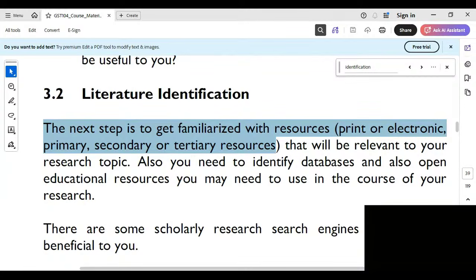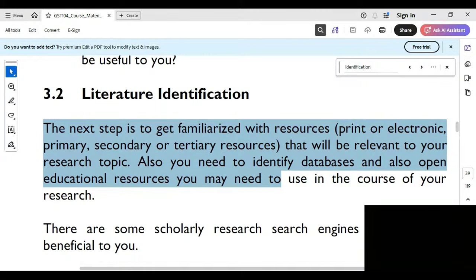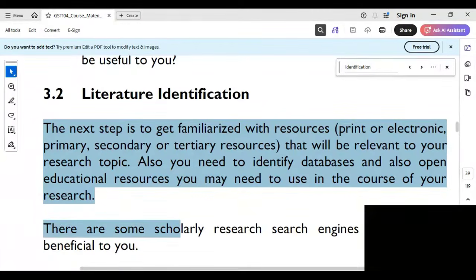What do we call it now? The sources of information, where we talk about primary, secondary, or tertiary. Now, that will be relevant to your research topic. Also, you need to identify databases and also open educational resources you may need to use in the course of your research. Now, there are some scholarly research search engines that may be beneficial to you, and that was when we started talking about